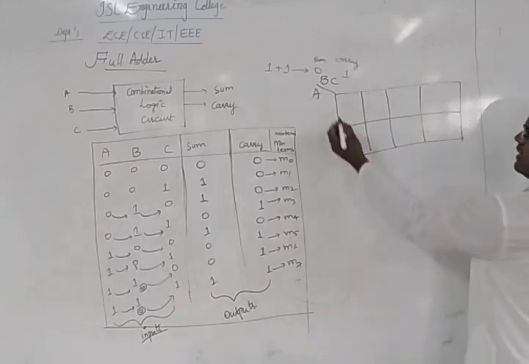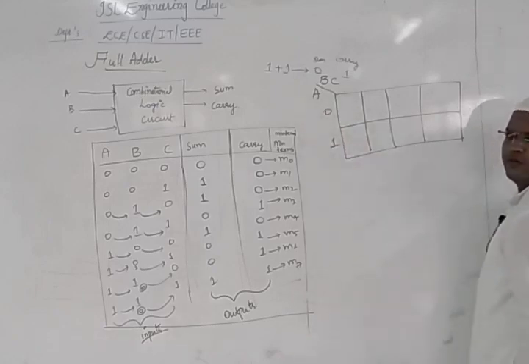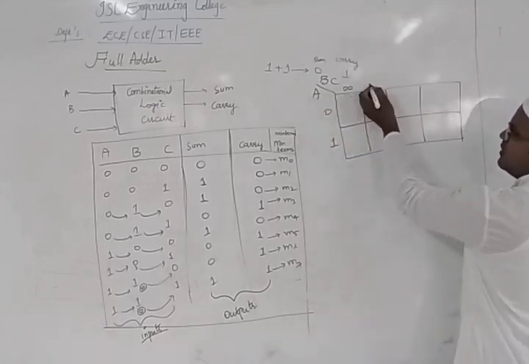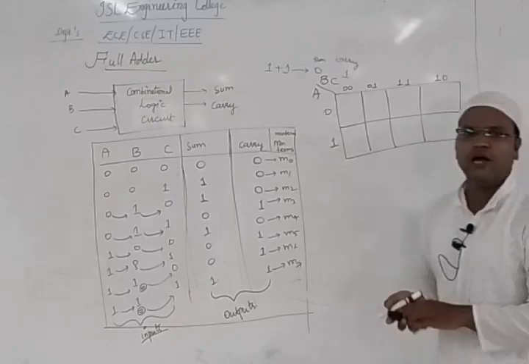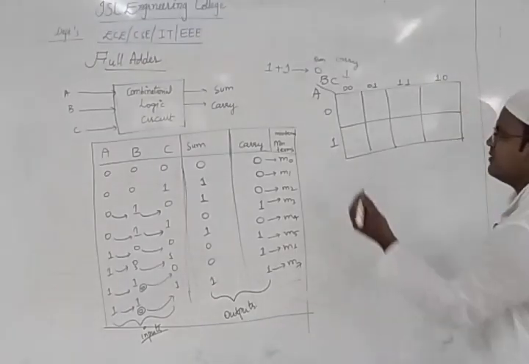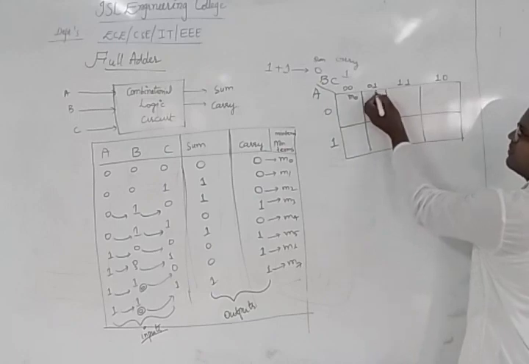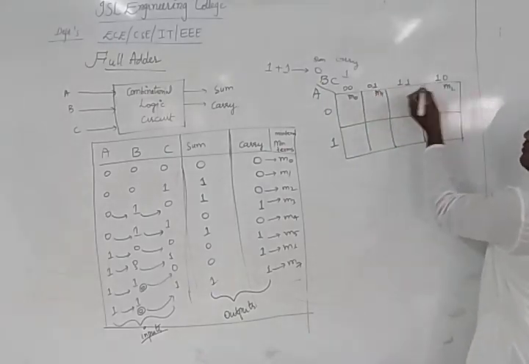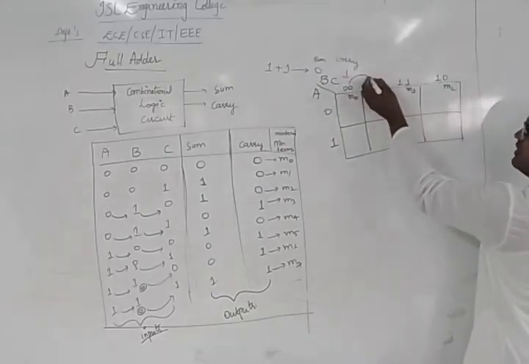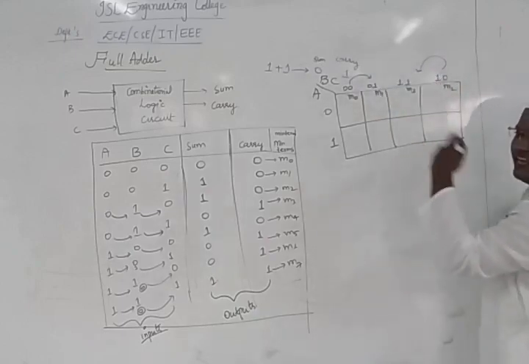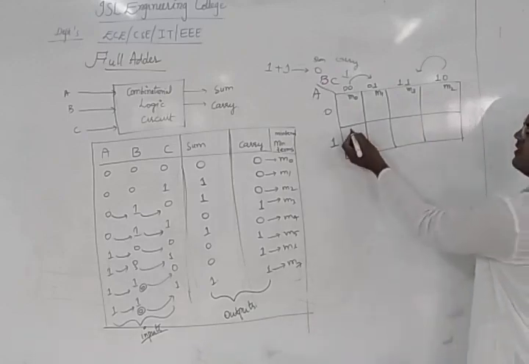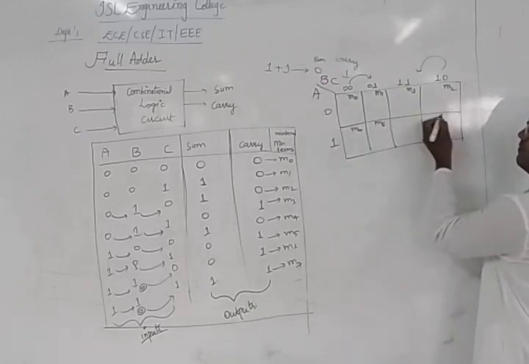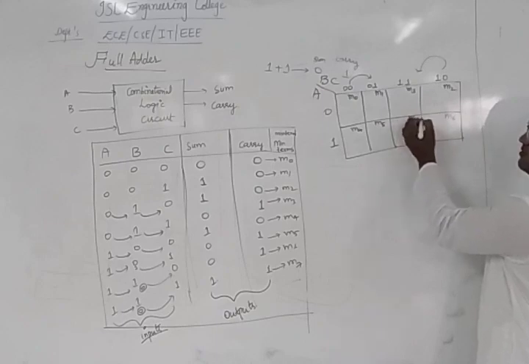So what is the A value? It can be 0 or it can be 1. What is the BC combination? It's 0 0, 0 1, 1 1 and 1 0. So each square box represents one particular min term. What does the first box represent? Min term M0, then M1, then M2 and M3. So this is the way we have taken it, folding we just want to put it. So we got 0, 1, 2 and 3. Likewise I can write here 4, 5, 6 and 7. So we wrote all the values.